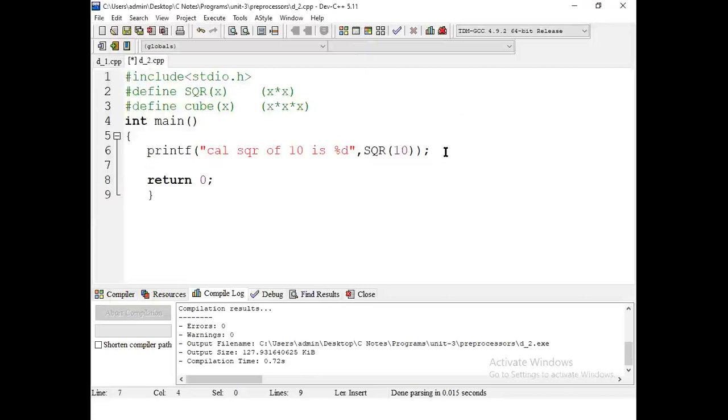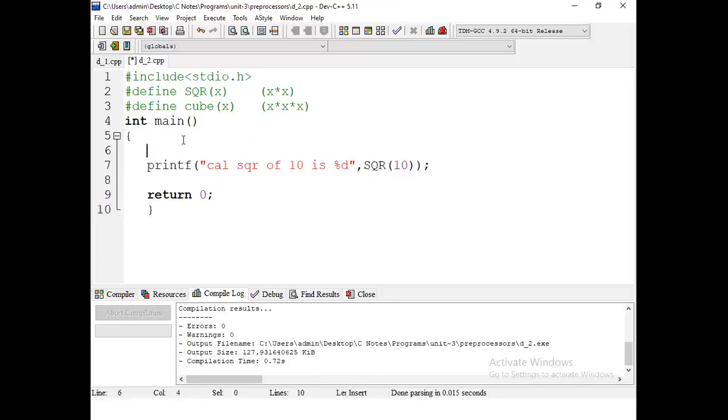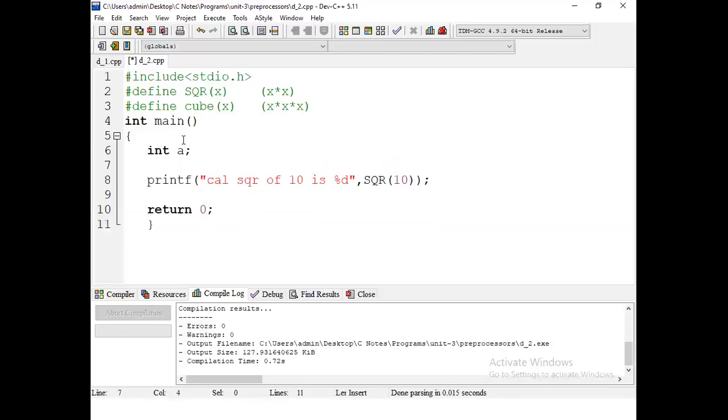Next, in the next case, we can pass one variable. Int a. Okay, a equal to 3. Then what will be the output?